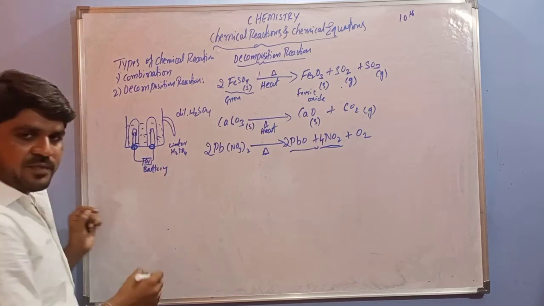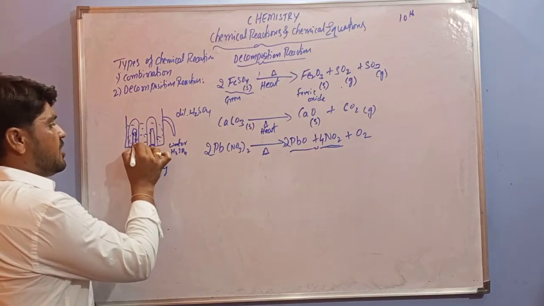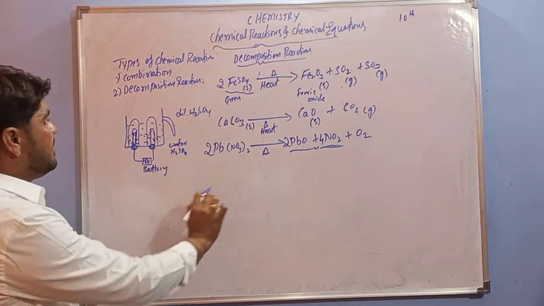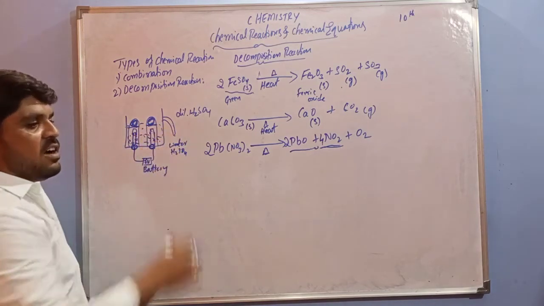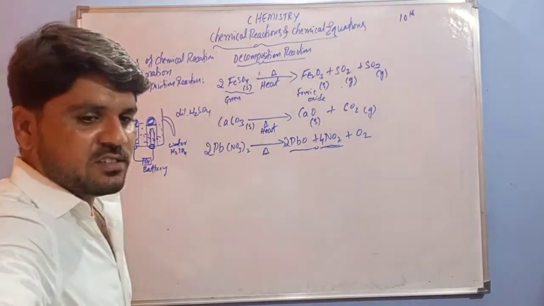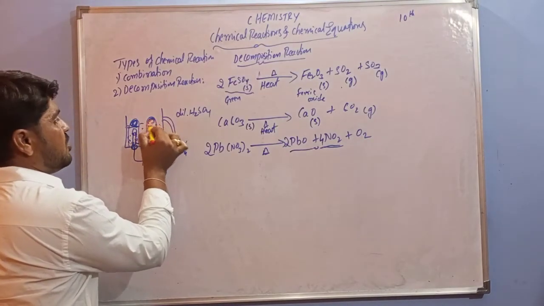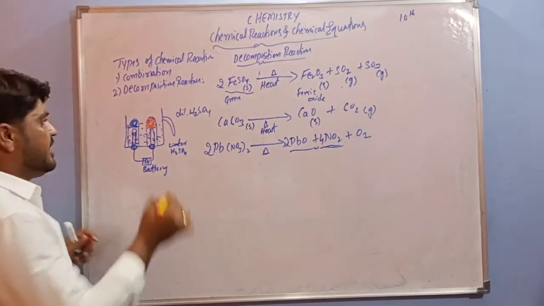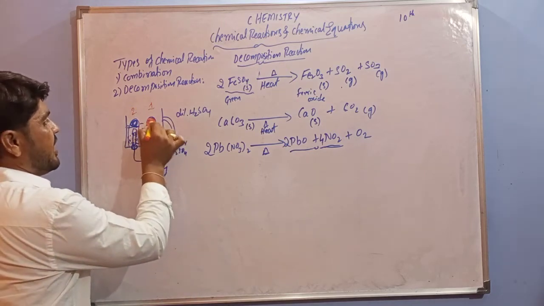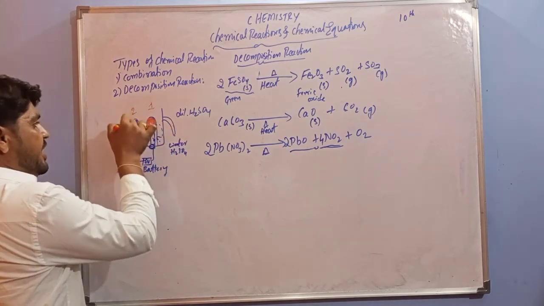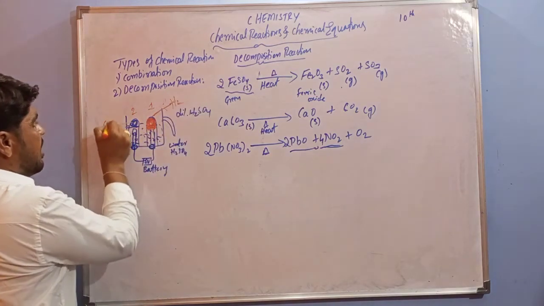If you switch on this system, the electrodes start a chemical reaction. It produces, liberates, the oxygen and hydrogen gases. So more amount of hydrogen is liberated. More hydrogen gas is collected in the test tube. This is test tube 1 and this is test tube 2. So in test tube 1 we observe comparatively more. This is hydrogen gas, H2 gas, and this is oxygen gas.